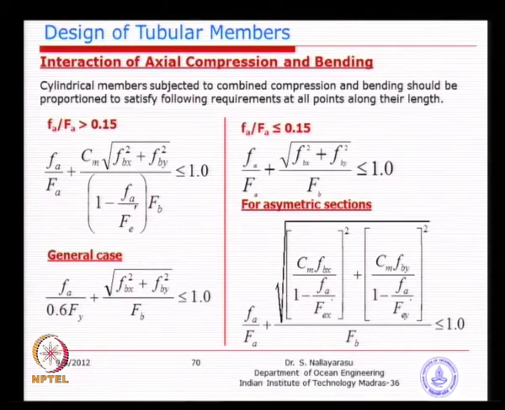In that case, you can see this formula and this formula are the same, is it not? Only thing is the allowable axial stress is considered with respect to the slenderness. Instead of taking the maximum allowable stress, we take the allowable stress calculated as per the axial. Otherwise, this formula and this formula are the same, as long as the ratio of applied axial stress to allowable axial stress is less than 15%. That means a smaller axial load.